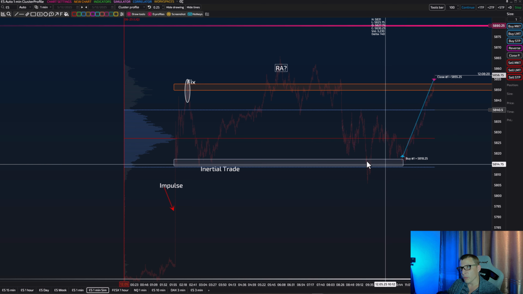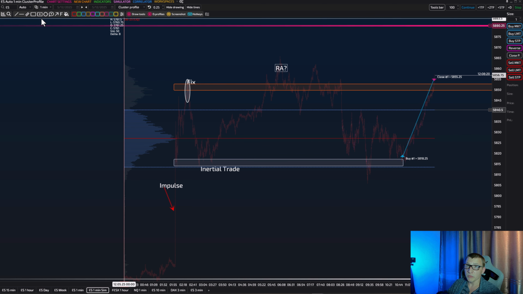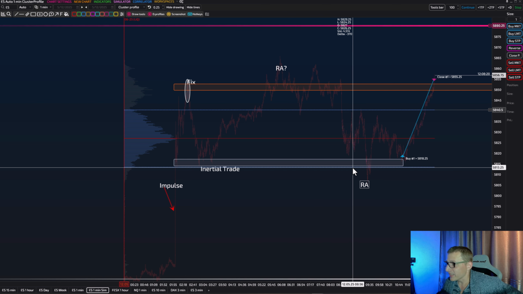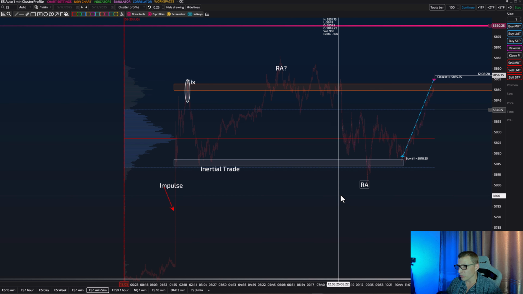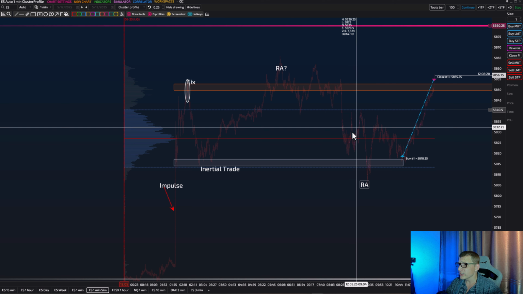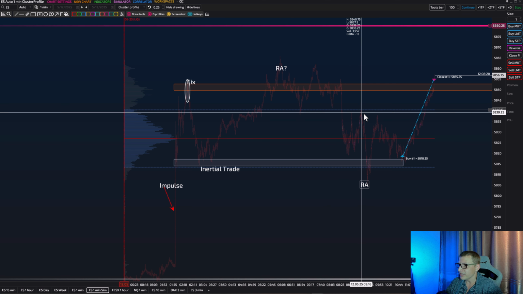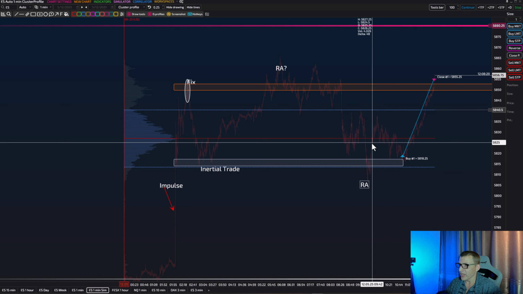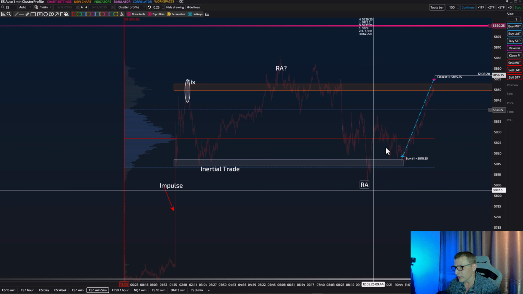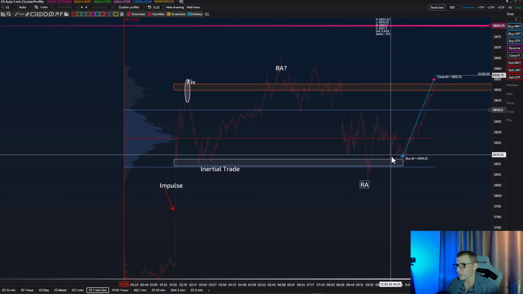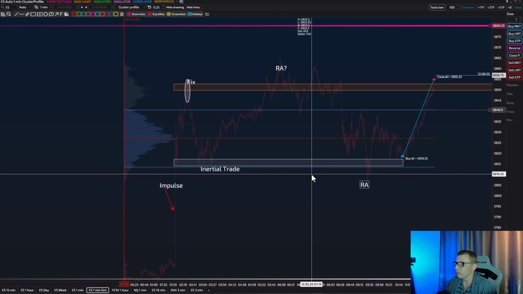Next, we see a formation of a buy, let me actually mark it. Weekly responsive activity. Here we see buyer's responsive activity. How can we confirm this is a buyer's responsive activity and when to enter? We need to see what you usually call, if you traded ICT, liquidity sweep, or this spike. I understood that the auction would test this zone and liquidate those who are below. This is pretty simple logic.